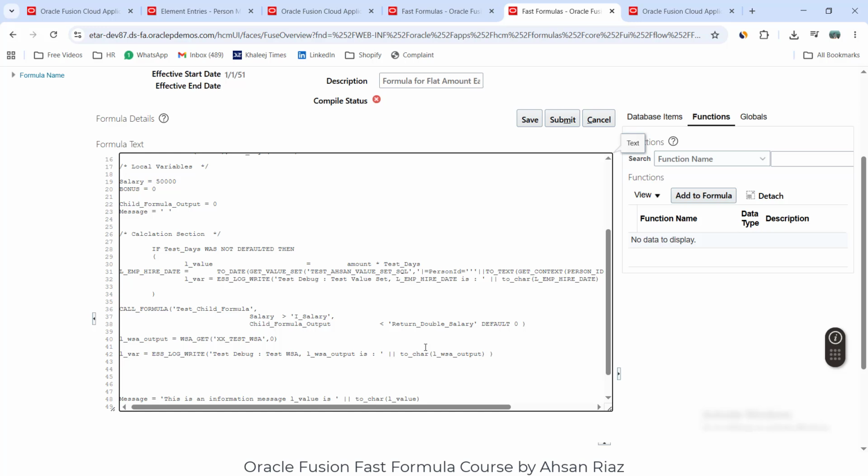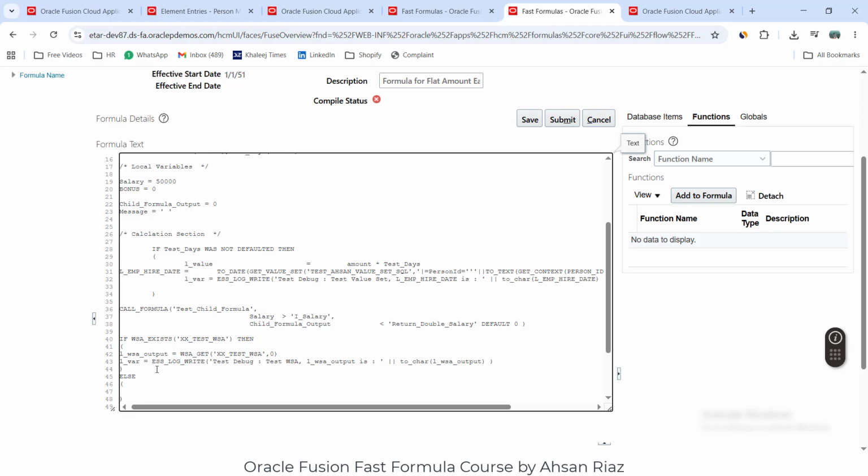Another thing is, two other important functions for WSA when you are working in work storage areas. It's a good practice, you don't have to, but you must use WSA_EXISTS. This will make the code clean, and sometimes the system checks if this variable is not available, then don't do this calculation. So how do we check that this variable is available in the work storage area? We use a function called WSA_EXISTS. And I will say else,